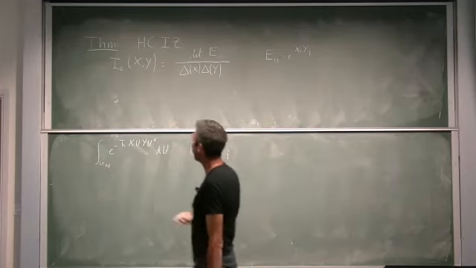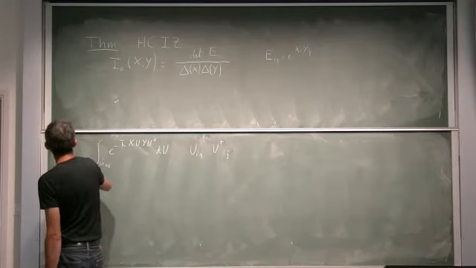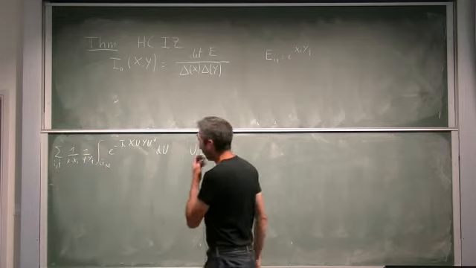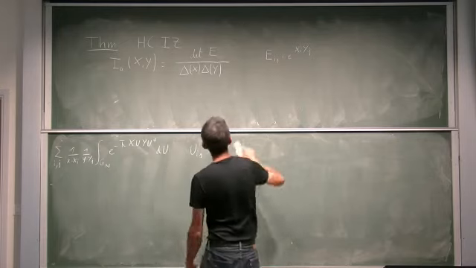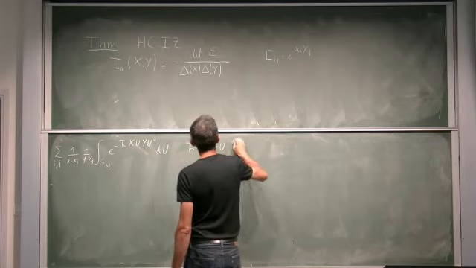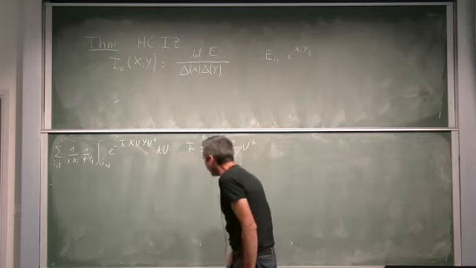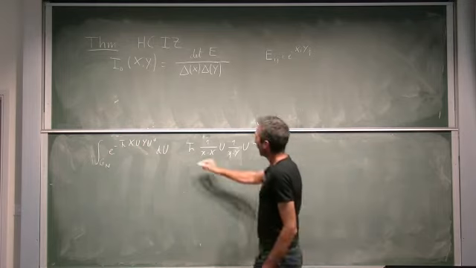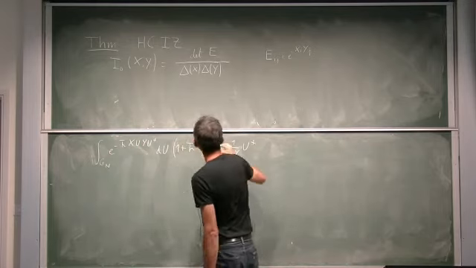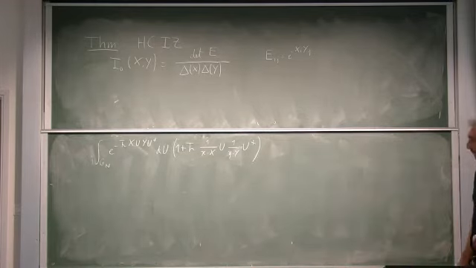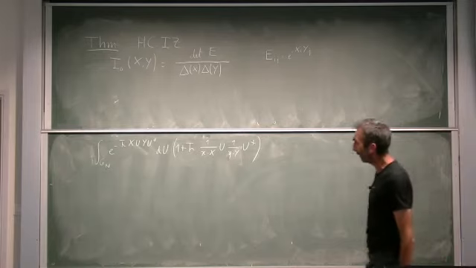But let me make a generating series for it. 1 over x minus x_i, 1 over y minus y_j of this, which is equivalent to doing what I just did before, to doing trace of 1 over x minus X, U, 1 over y minus Y, U dagger. So this is the same thing as that, so it contains the same information. On the other side, let me put a 1 plus, because somehow this is a pi and a pi tilde, such that pi tilde composed with pi is a unique cycle of length 1. So let's put a 1 plus here.